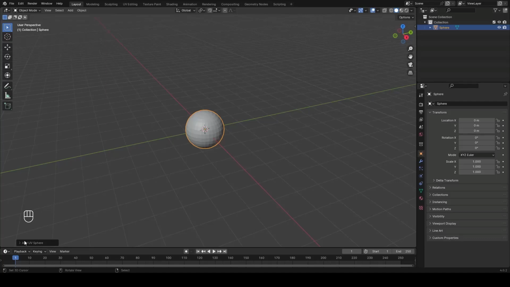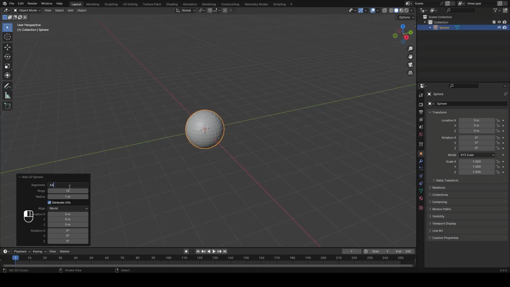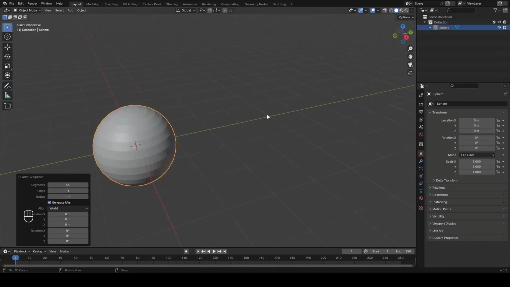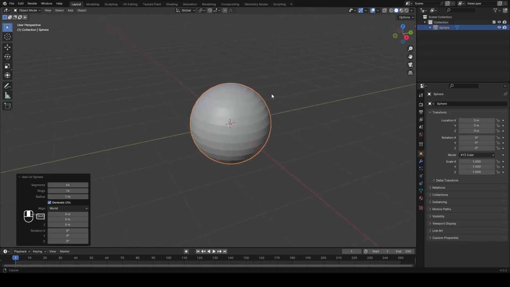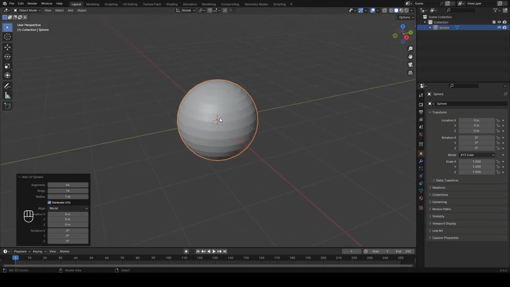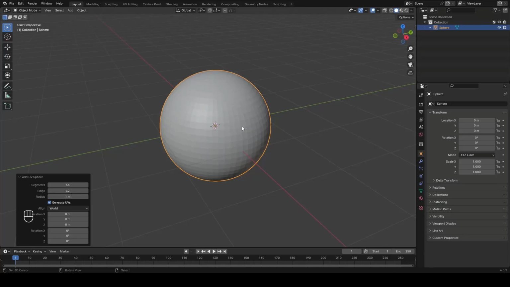Remember we have a number of options over here. We're just going to change this to 64, and that's going to increase the segments, and then we're going to change the rings to 32, which duplicates what we had previously. I'm just doing this on purpose. However, this is something that you should think about whenever you're working in the